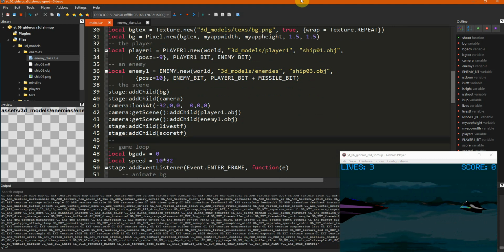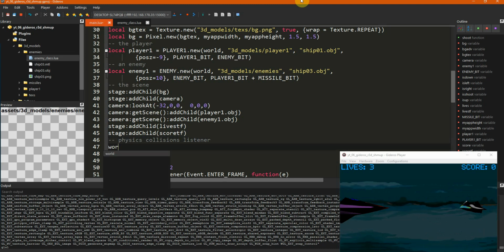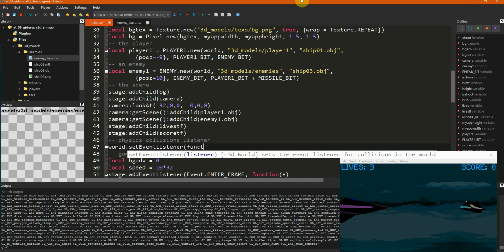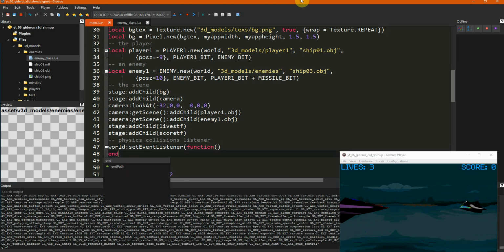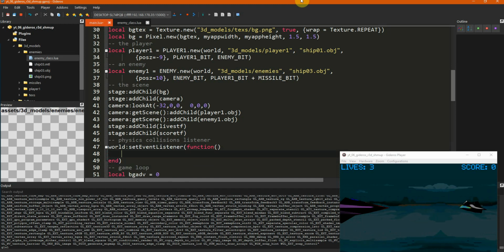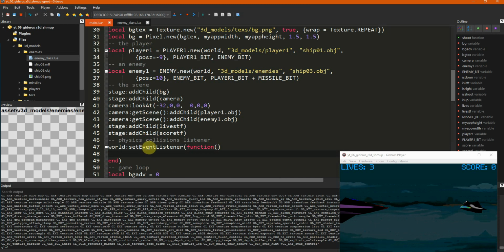Let's call it physics collisions listener, and we add world.setEventListener, we will execute this function and we end the listener. So every time a collision happens, it will happen in the event listener.